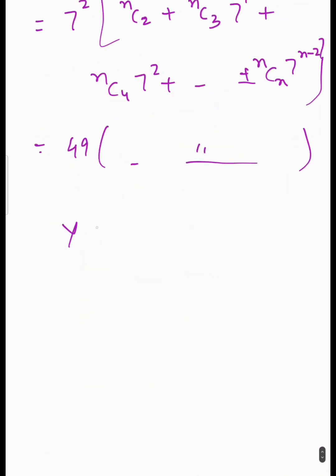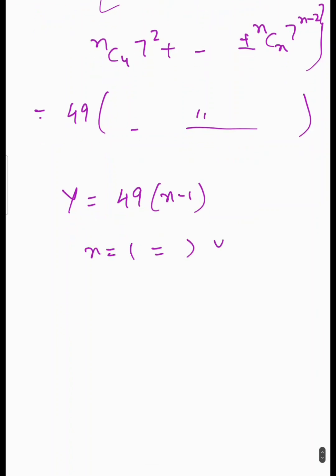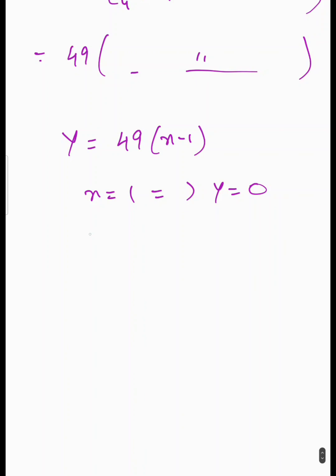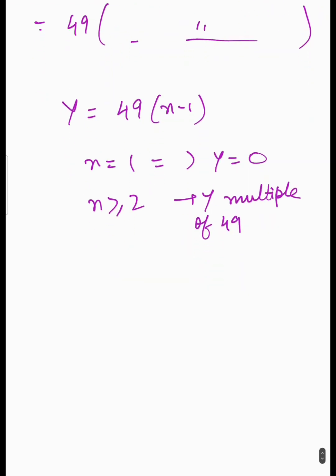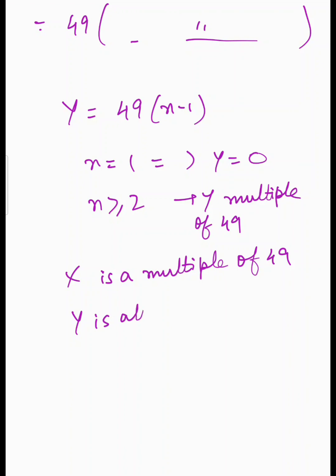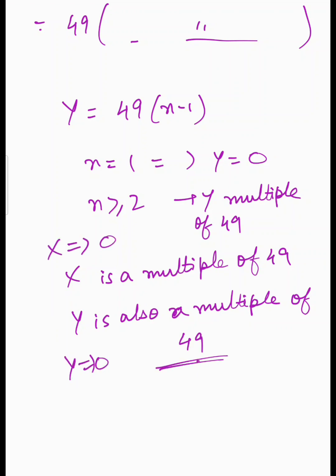और इसका y, 49 n माइनस 1, n इज इक्वल्स टू 1 पे y 0, और n ग्रेटर देन इक्वल्स टू 2 में ये y क्या होगा? एक मल्टीपल ऑफ 49। मतलब x जो है, x is a multiple of 49 and y is also a multiple of 49, और x में भी 0 है, y में भी 0 है।